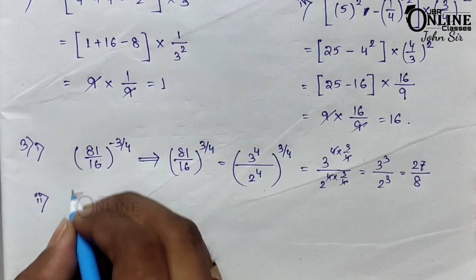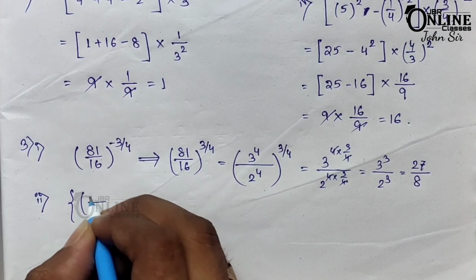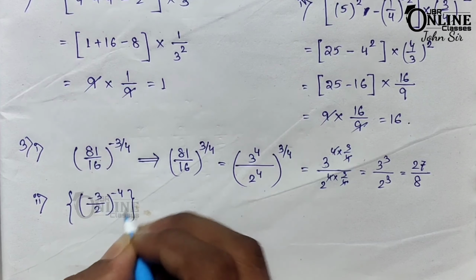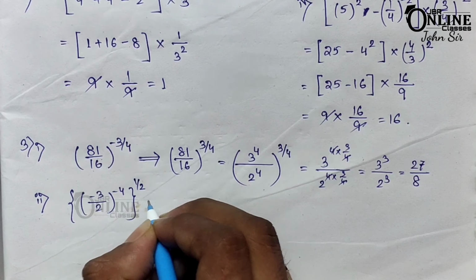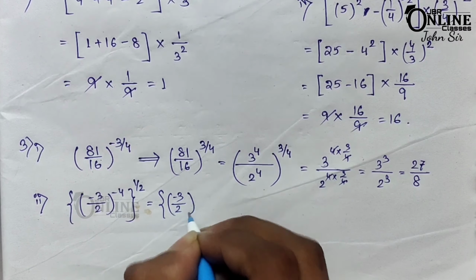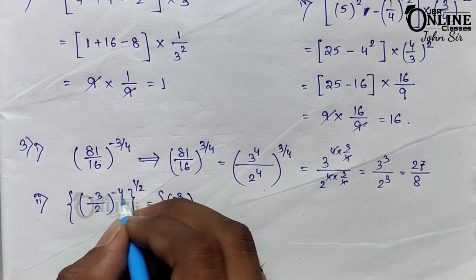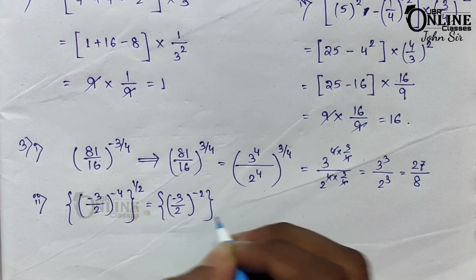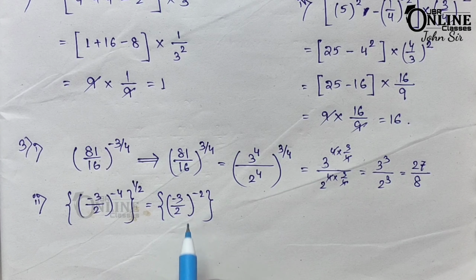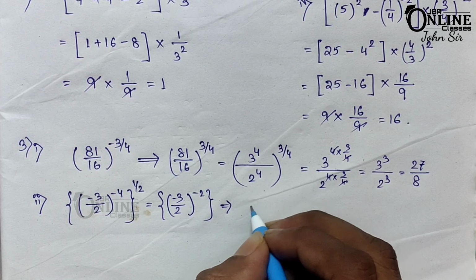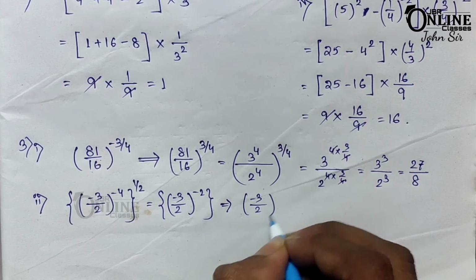Now next one, number 2. In number 2, here the given number is minus 3 by 2 whole to the power minus 4, then again whole to the power half. So that means here minus 3 by 2 whole to the power minus 4 into half, that means here minus 2. Okay, so here the multiplicative inverse of that number equals minus 3 by 2 whole to the